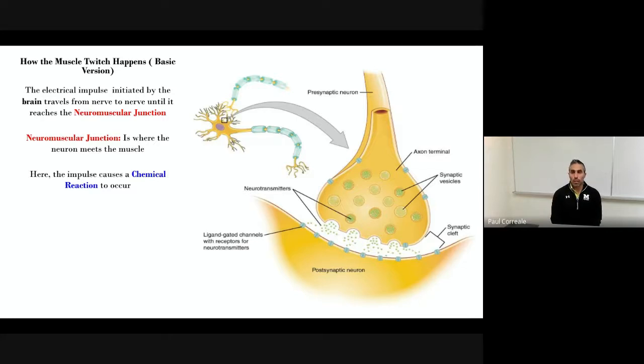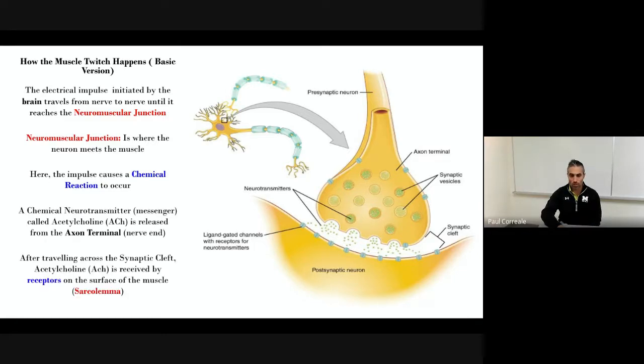Now, the impulses, this action potential, so to speak, that is created by this message that's traveling along this long neuron, ends and concludes in this presynaptic neuron. And there's a big influx of calcium that will come in once that message is ending at the terminal, and that calcium will then stimulate the release of these neurotransmitters.